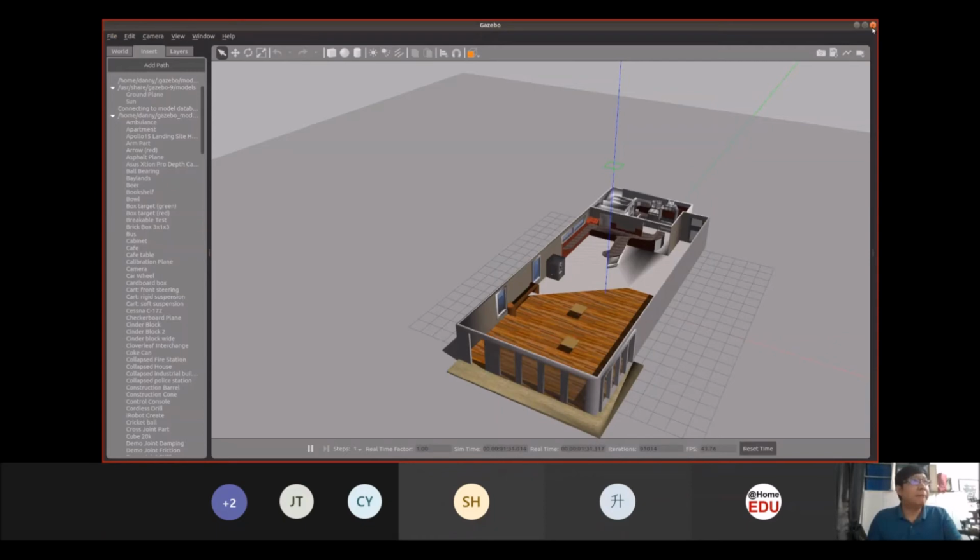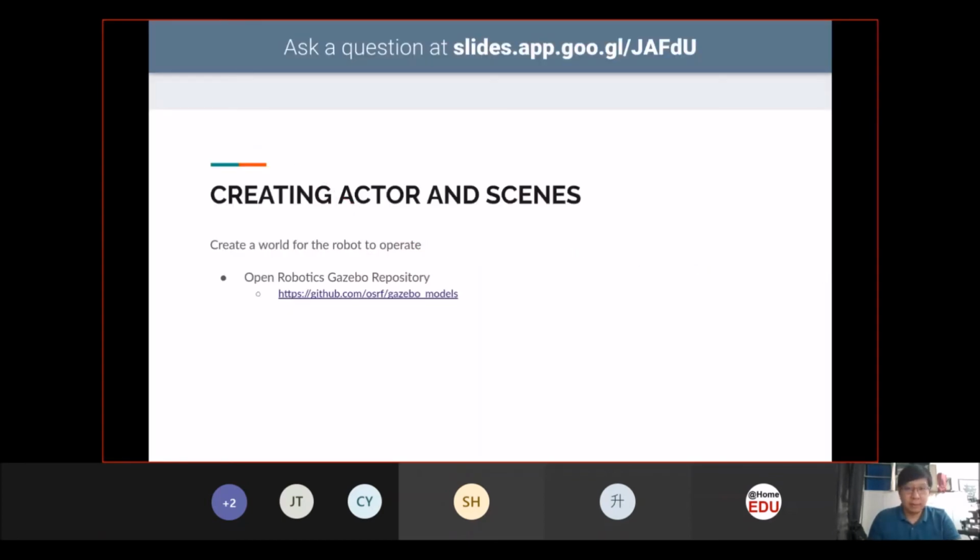But if you don't want to use the objects over here, let me just start up with a new world again, an empty one. You can also build, I would say, the whole environment yourself.